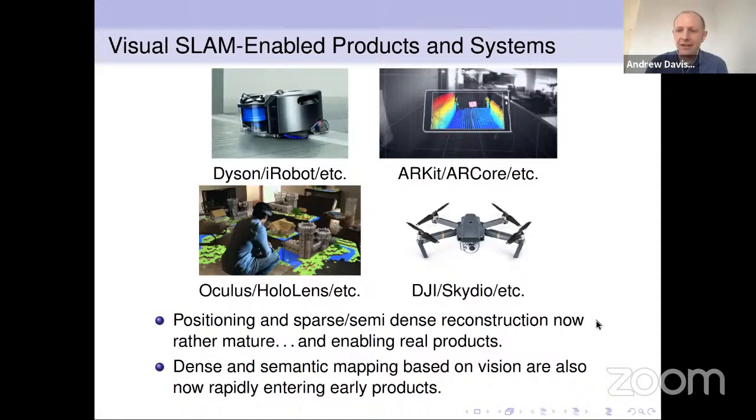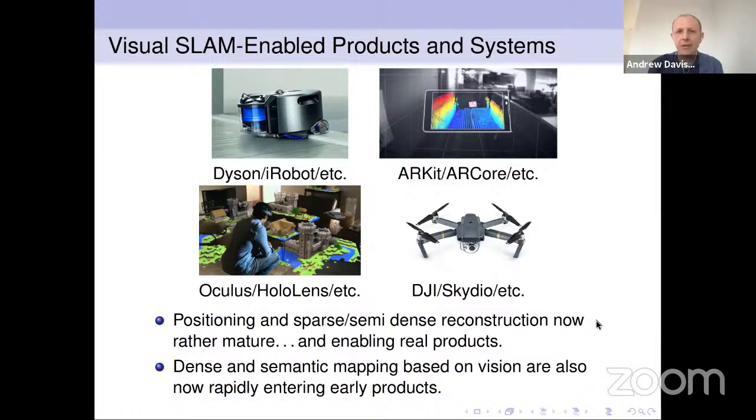This area that I've been working in now for over 25 years, visual SLAM, is all about how do we in real time estimate the position of devices that are moving through the world and build some kind of map or model of what's in their surroundings. And 20 years ago, that was a tough problem. Not many people were that interested in it necessarily, and especially trying to do it with cameras as the primary sensor.